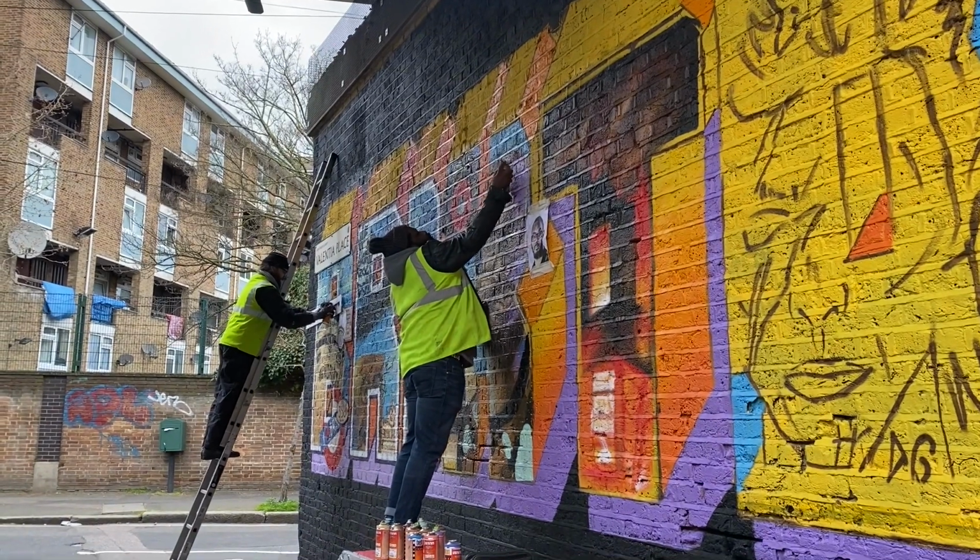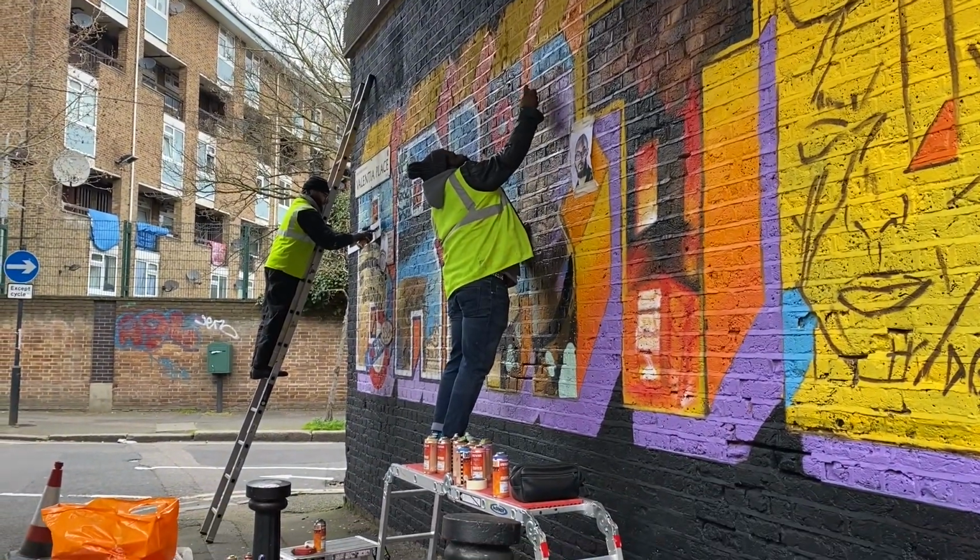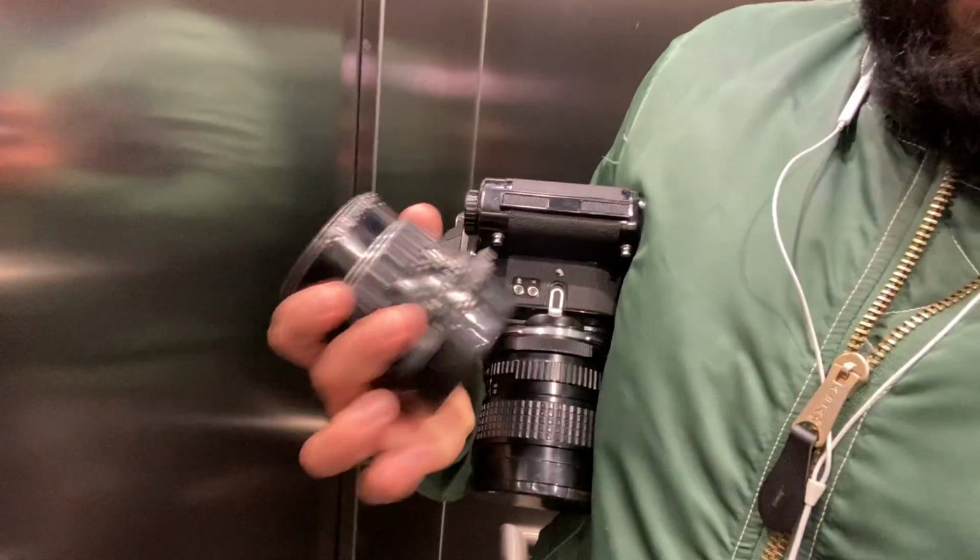And last time this happened, I have a huge regret because the artist was there doing the artwork and I wanted to get his photo, but I had my camera in my bag and it wasn't loaded and I was in a rush, so I didn't even ask. This time the same artist was doing yet another mural, and I decided I had to go ask him this time. So on my way home, as you saw, I grabbed my Pentax 6.7,